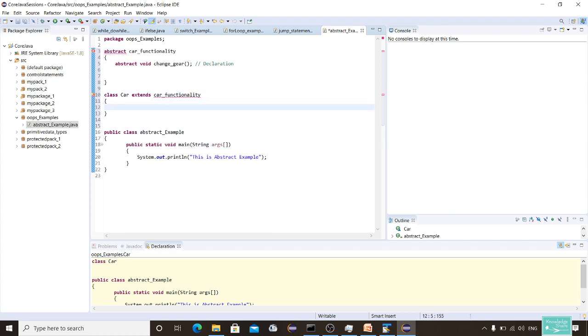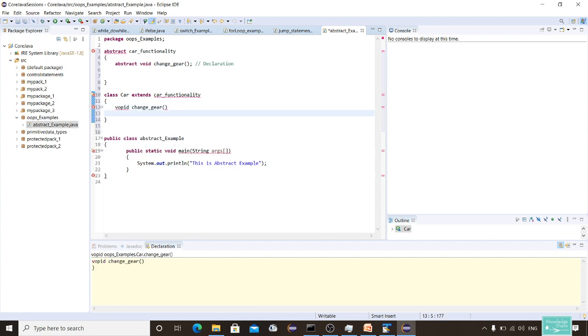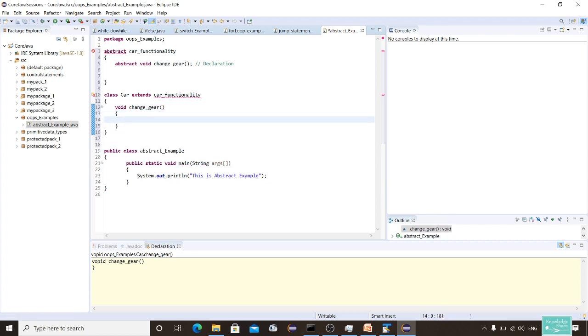Right. Now I'll be implementing the method change gear. I'll call it void change gear, and I'll write the actual definition here.